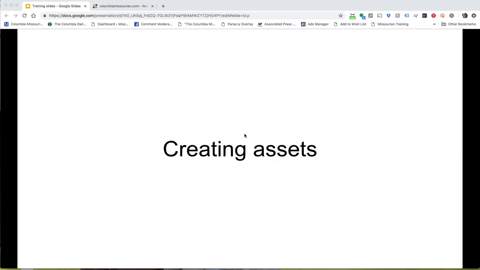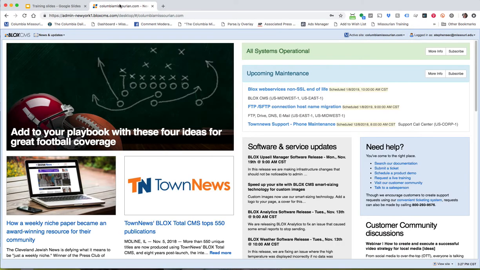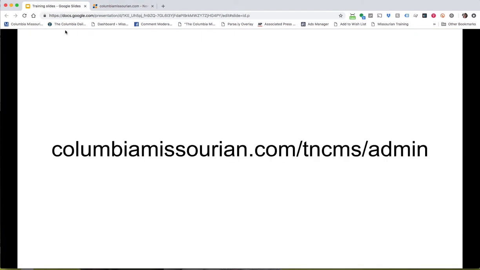In this video, we're going to create an asset. We're going to focus on the article assets, but similar rules apply to other assets, photos, videos, documents, other elements. So again, you're going to log in through the